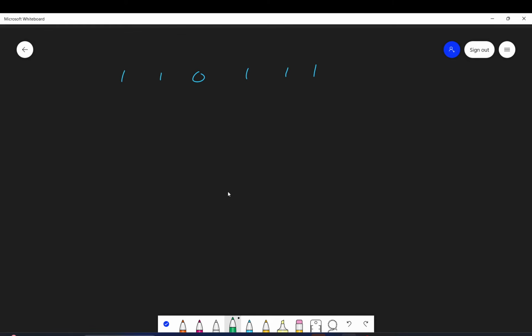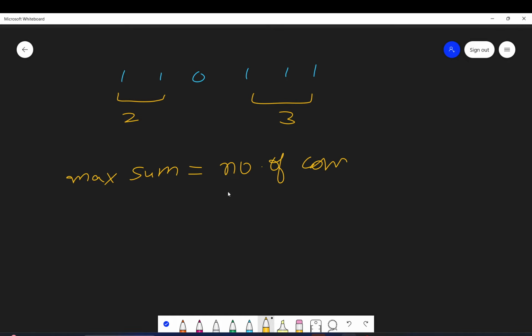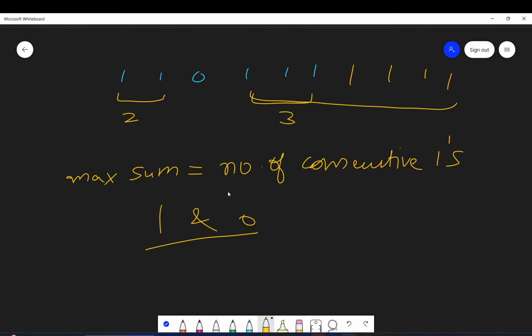So see guys, what I said earlier was that here the sum is 2, here the sum is 3. So whatever maximum sum I get is equal to the number of consecutive ones. Do you agree on that? Because there are only 1s and 0s in the array. So if there are these many ones together, whatever sum will come, 1, 2, 3, 4, 5, 6, 7, so 7 are the consecutive ones together.